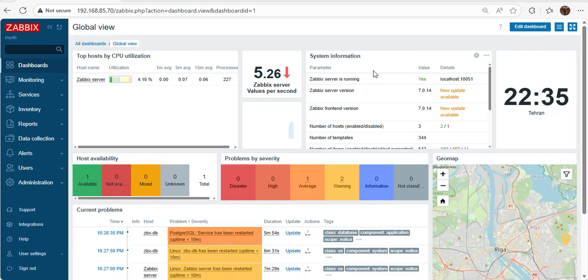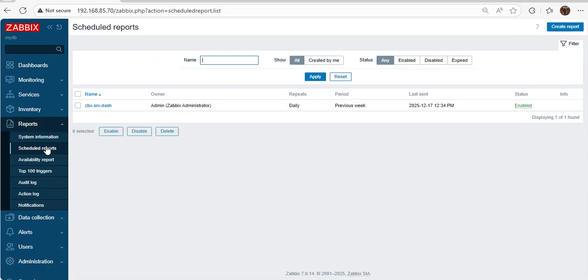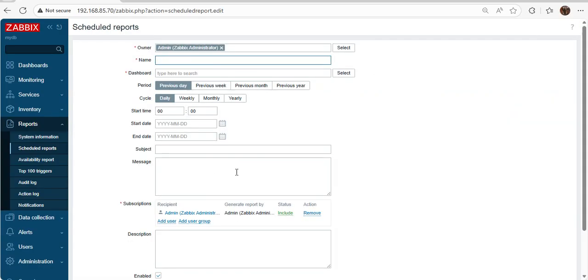Look at this example. We can ask Zabbix... No, forget about it. Come here. In the report section, in the scheduled report, we can create a scheduled report, and based on this configuration, Zabbix can send a specific report to our email server. But before that,